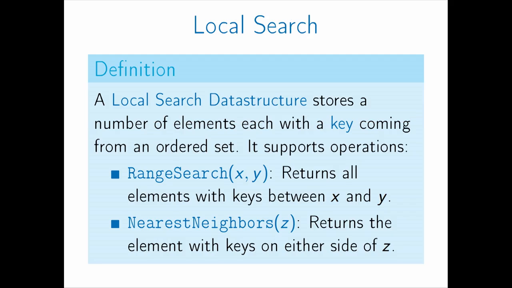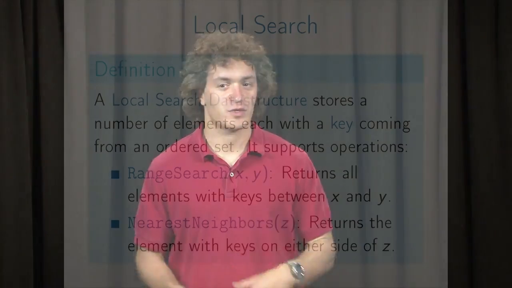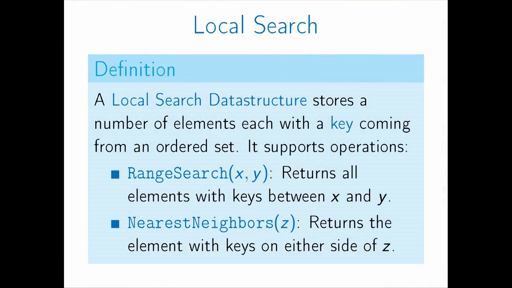Now, all of these are examples of what we might call a local search problem. What you want for them is a data structure that stores a bunch of elements. Each of them has some key that comes from a linearly ordered set, something like a word sorted by alphabetical order, or a date, or a height. And we want this data structure to support some operations. Things like range search, which should return all of the elements whose keys are between two numbers x and y. Or nearest neighbors, where given another key z, you want to find the things closest to z on either side